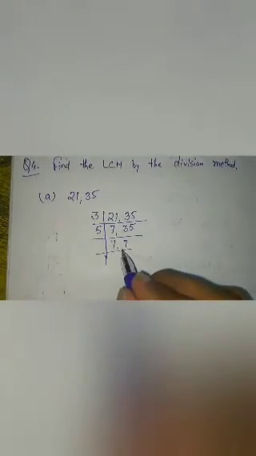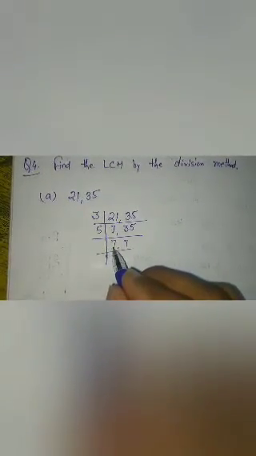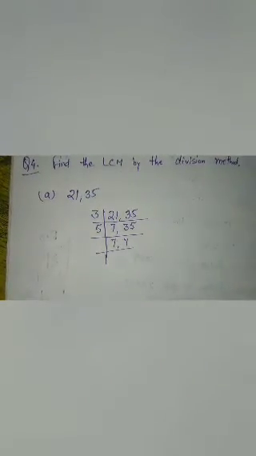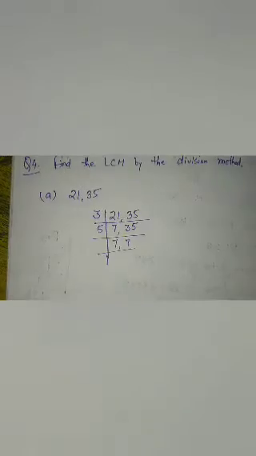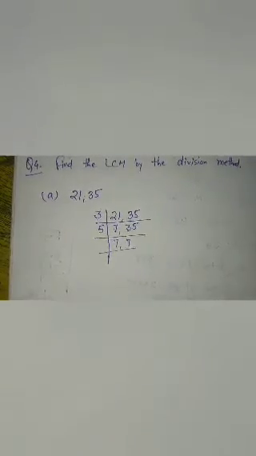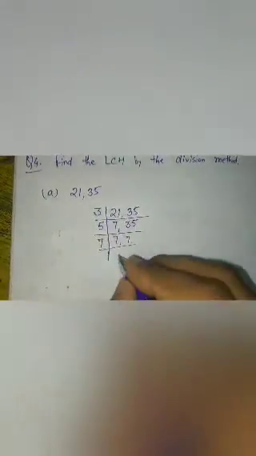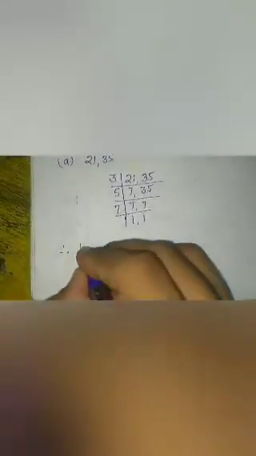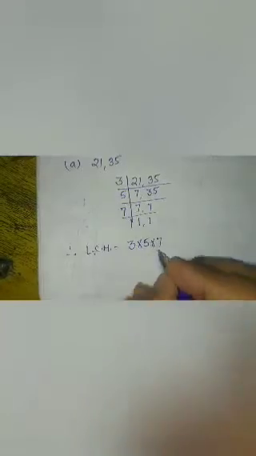So after that, here we can see the remaining numbers, here also 7, here also 7, and you know that 7 will be divisible by 7 only. A prime number like 7 is divisible only by 7. So you will divide by 7: 7 ones are 7, 7 ones are 7. Therefore LCM is equal to the numbers you have found: 3 into 5 into 7.